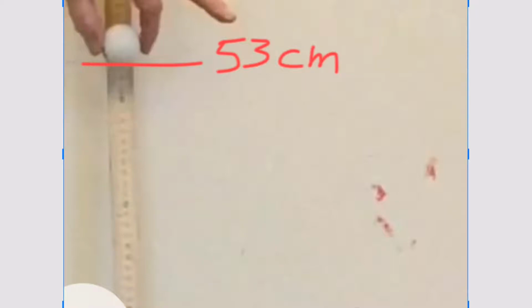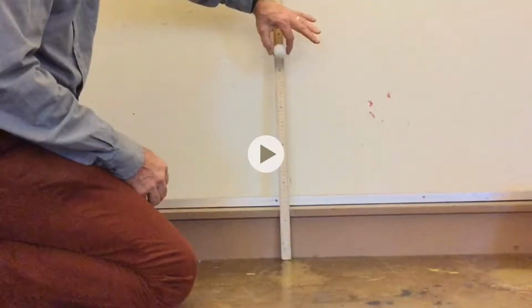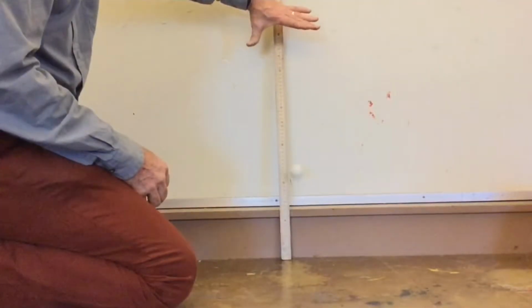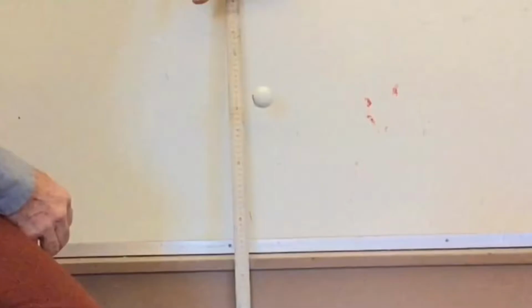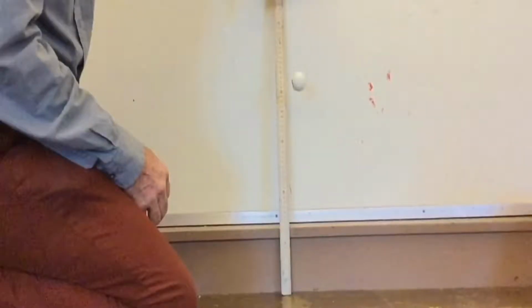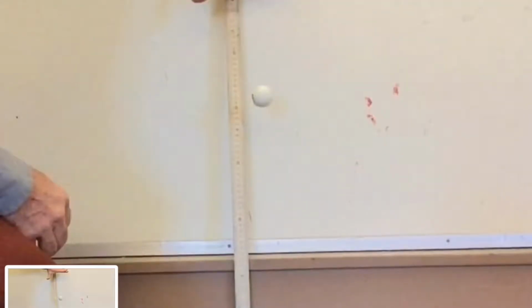Okay? Now, remember that, 53 centimeters. Now, if we play the video, the ball comes up as high as that, and the highest point, if we take a screenshot, we'll see